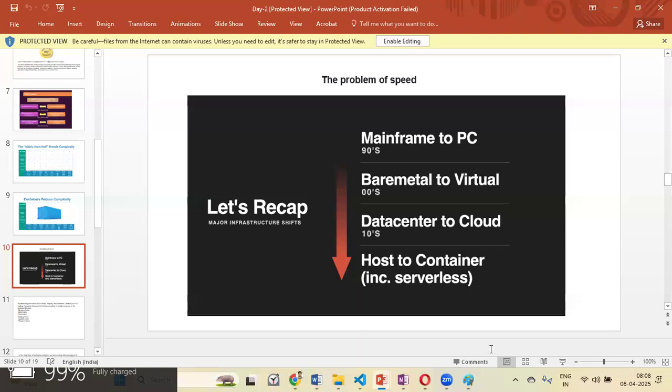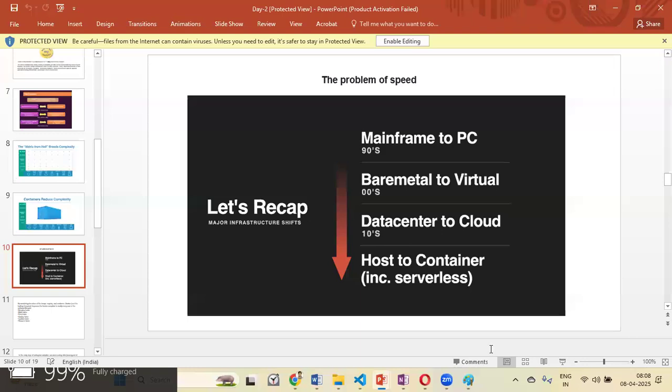For example, in the 90s, they used to deploy into mainframes, and the deployment would take a day, or several hours. When it came to rack servers, it came down to a few hours, and from there to virtual machines, it came to a few minutes. And now you can deploy within seconds to your production-grade clusters by using containers.